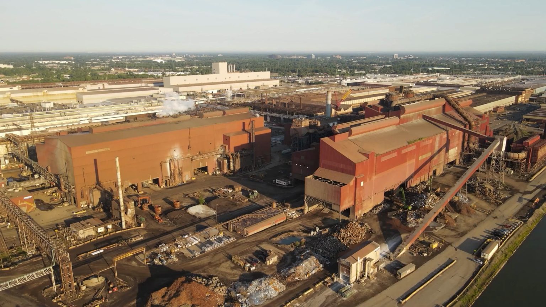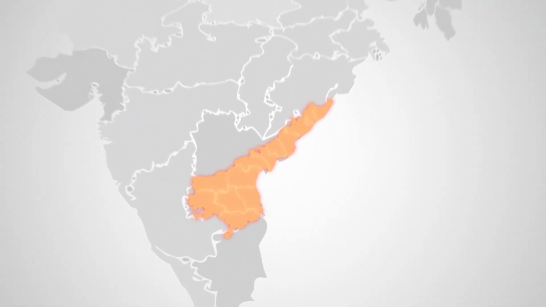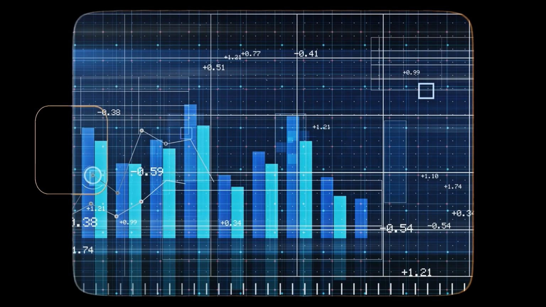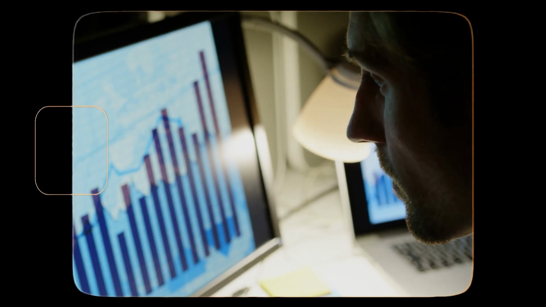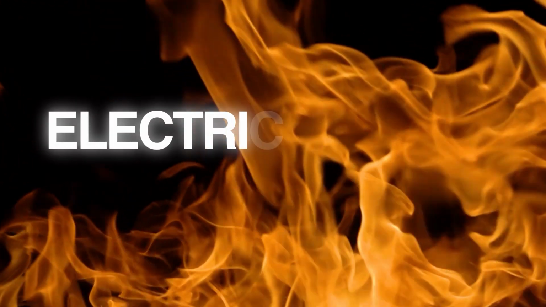INR 160 crore electricity bill, market cap of 1500 crore, 0% renewable energy and a PAT of 72 crore. Exact numbers of a steel company based out of Andhra Pradesh. The CFO and the board analyzed these numbers and found out that their PAT is being eaten by the burgeoning electricity